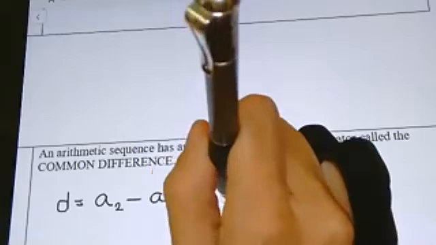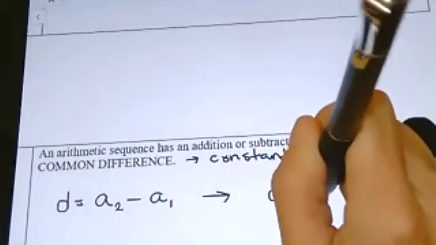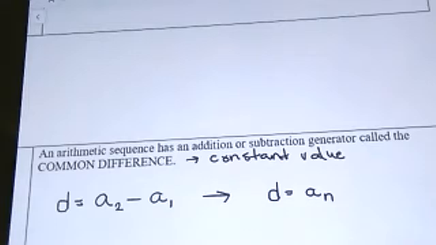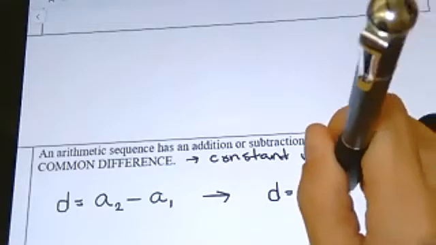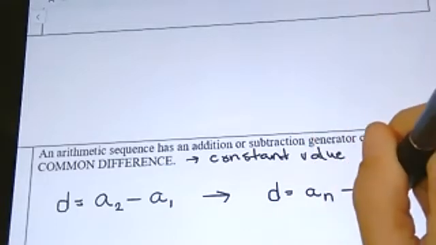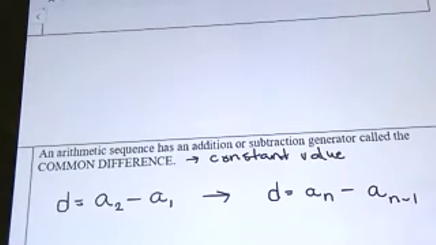So in fact, it really is just take any term number you want, so n for any term number you want, and then subtract the previous one. So if you want to take the 100th term, subtract the 99th. That's an n minus 1 right there. So you can subtract any two terms that are next to each other in an arithmetic sequence, and you can